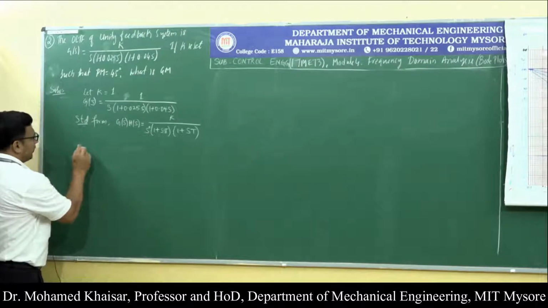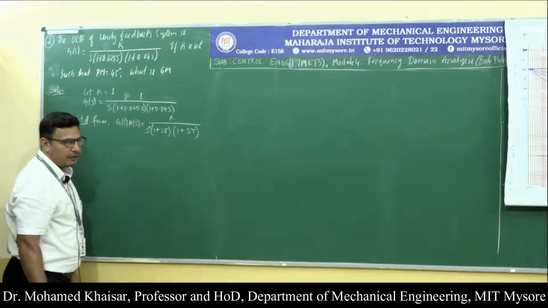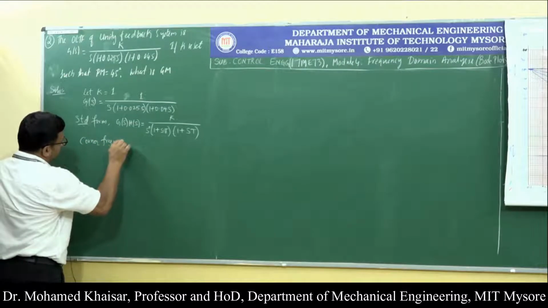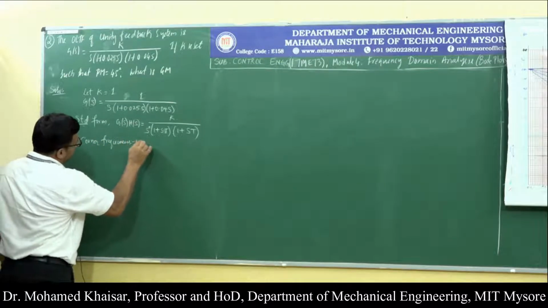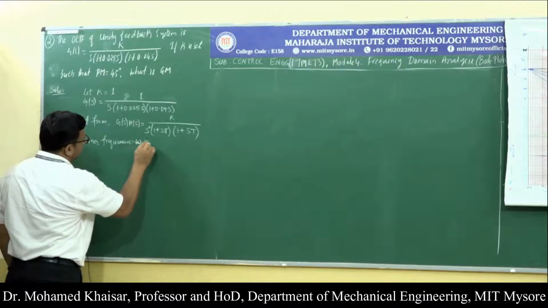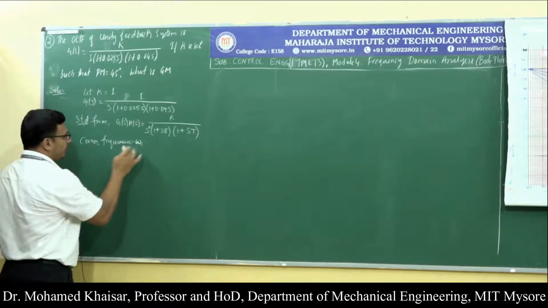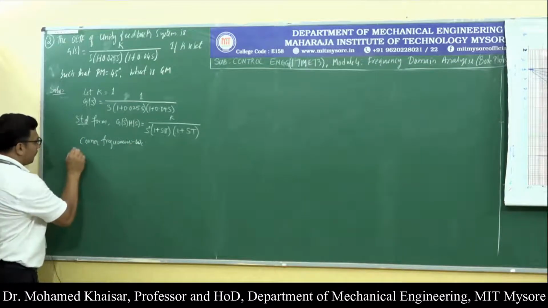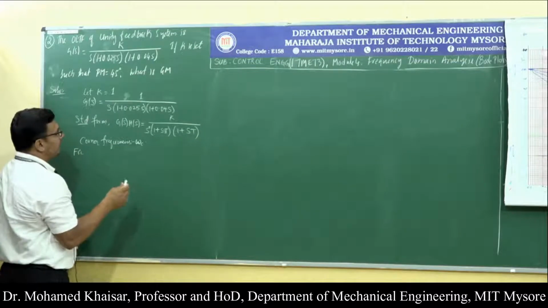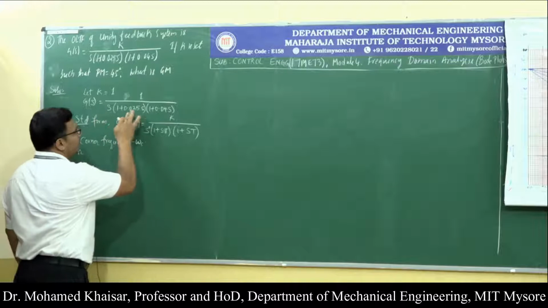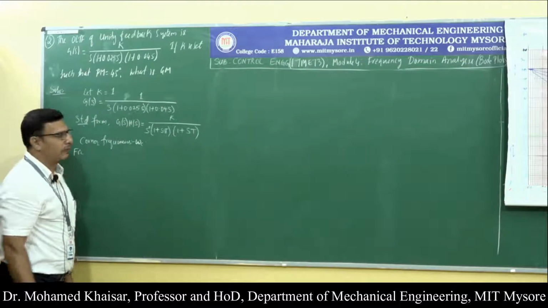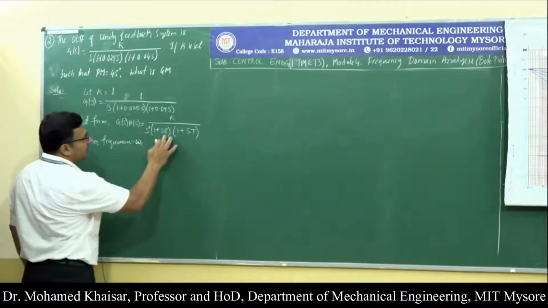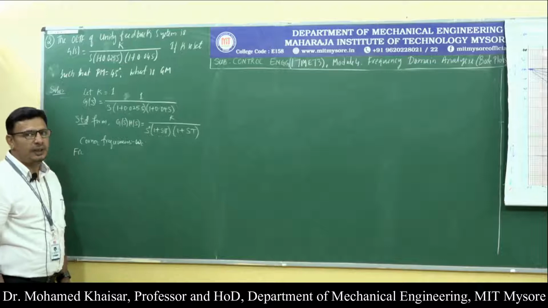Now the next factor is to find the corner frequencies. Corner frequencies are to be found, that is omega c. Now how many factors are there? Apart from this, there are only 2 factors for which the corner frequency can be found out. Why? Because for the s power n factor there will be no corner frequency. So only for the (1 plus sT) and (1 plus sT) factors you will be finding the corner frequencies.